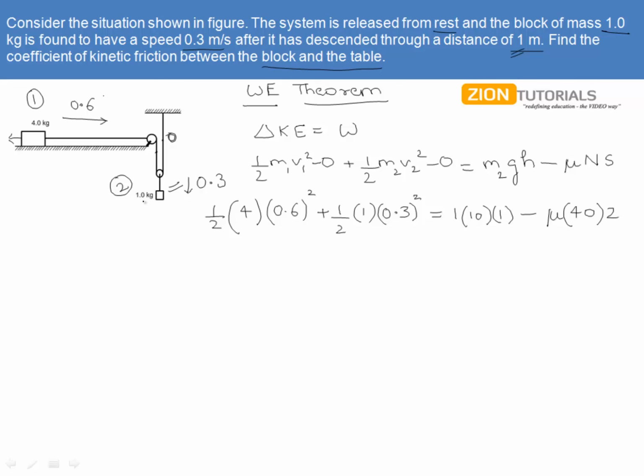Why it is 2 is because this is moving 1 meter downward and this is moving no distance. So obviously this will be coming down by 2 meters. Just have a little bit of an idea that some of its length will actually be required to balance this length, so it will obviously be more than this one. And this is the exact relation we found out by the pulley relation. So here we have an equation only in mu. We can solve for mu from this expression, giving us 9.235 over 80, that is approximately 0.12.